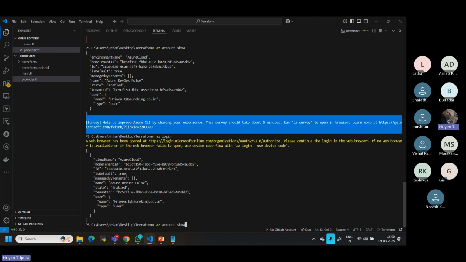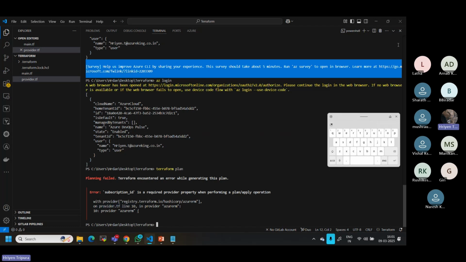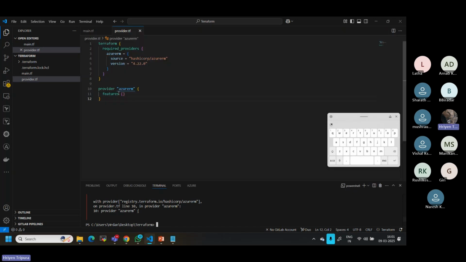Now, if I type here plan, okay, subscription ID is required, but why is it asking? I have already defined it, right? Provider. Okay, the one thing, I will just make this little. Maybe I will keep this one. Providers not required. Then